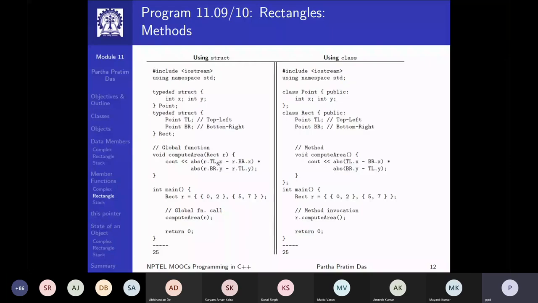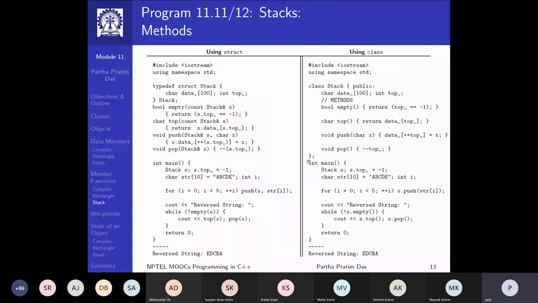I have the rectangle, I'm computing area here, compute area, which is a global function. Here I'm writing the same thing within the class, so it becomes a member function. Same in terms of stack. This is the kind of stack that you must have written. I have the stack, I have an empty function, checking the top, pushing an element, popping the top of the stack, and then you initialize